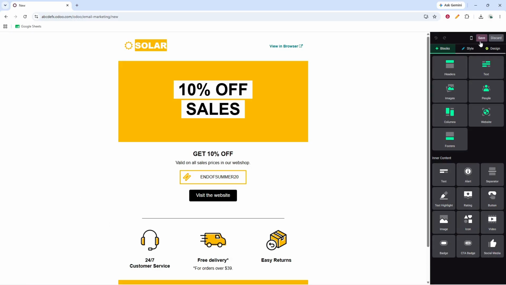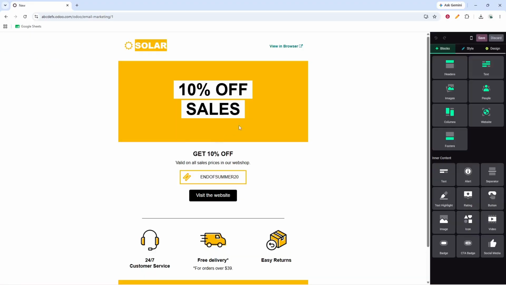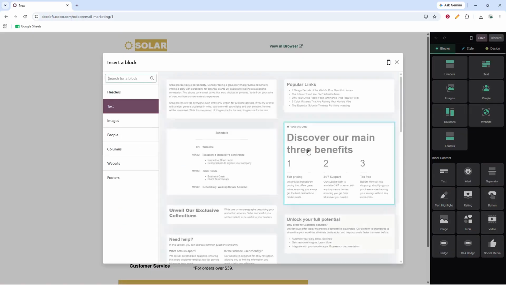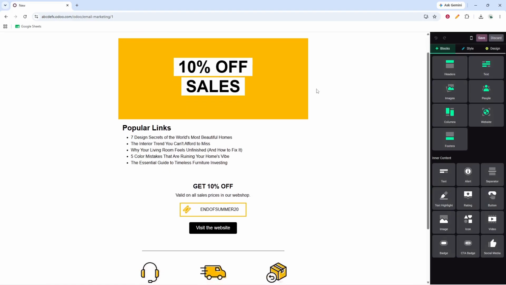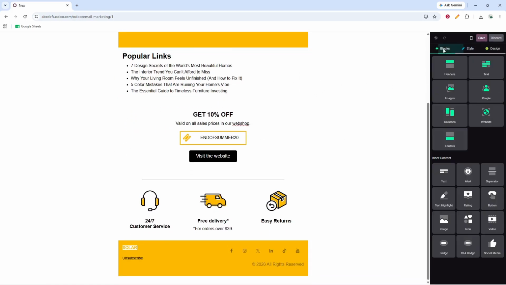Once your layout is ready, begin designing the email. Use the editor to customize the content by adding your text, images, buttons, links, and any other elements your campaign needs. Try to keep the design clean and easy to read. Make sure your message is clear, your visuals support the content, and any buttons or links point to the right